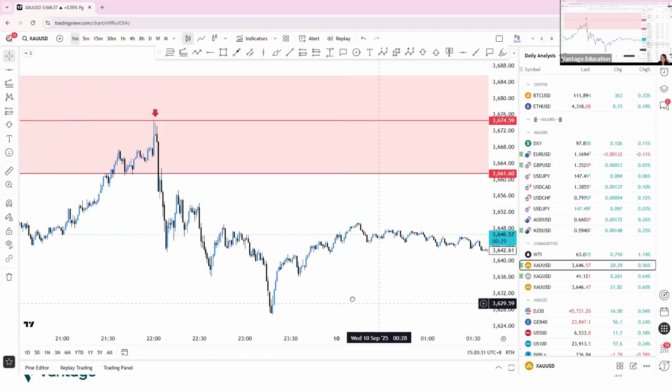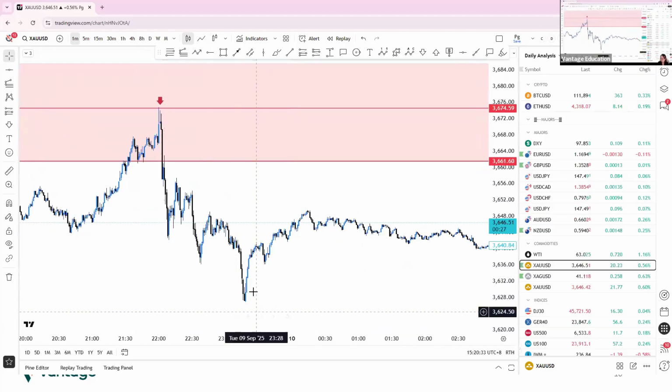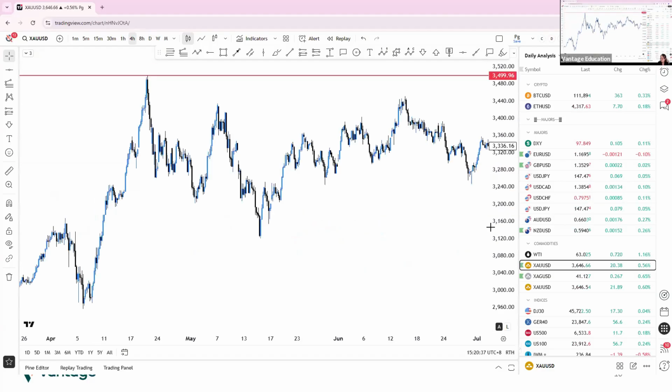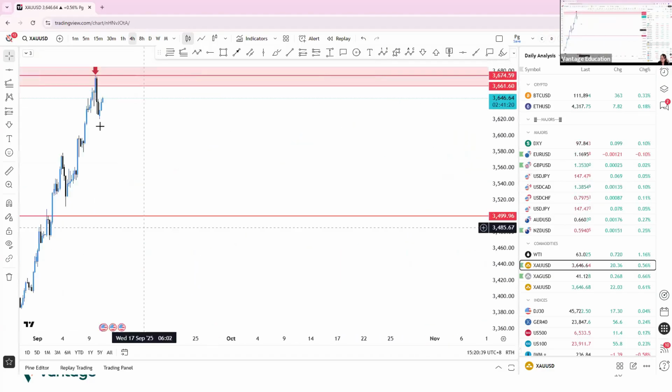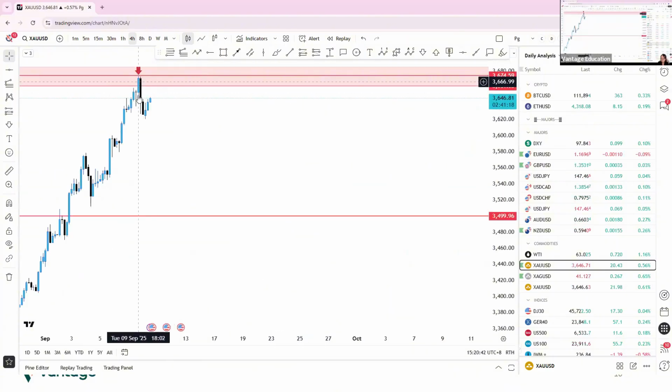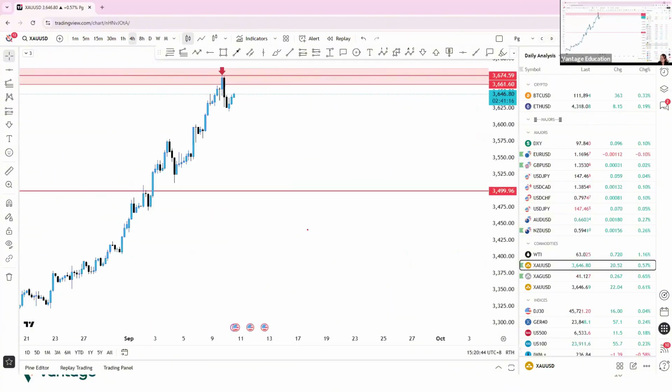Why price did not trigger your entry, right? And after that, you can see it falling and continue to fall here. Okay, like yesterday here. Okay, so